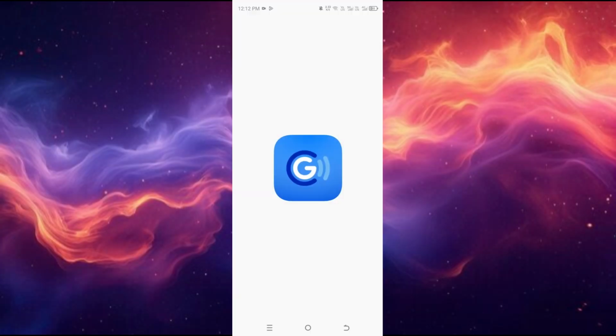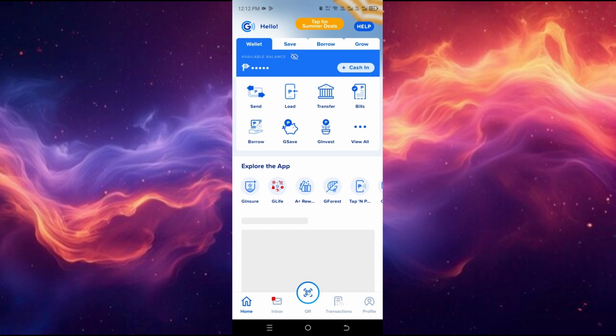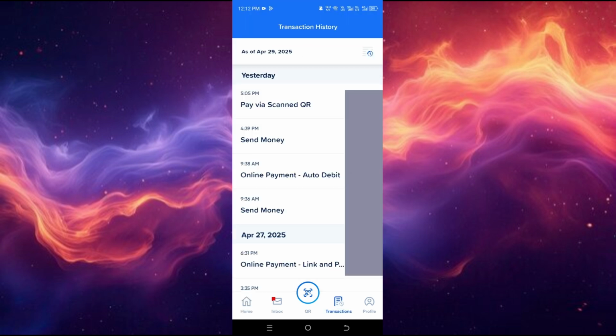So for today's video, I'm going to teach you how you can easily delete your transaction history on Gcash. Just head over to the Gcash app. So apparently, there's no specific way on how you can easily delete all of your transaction history all at once,